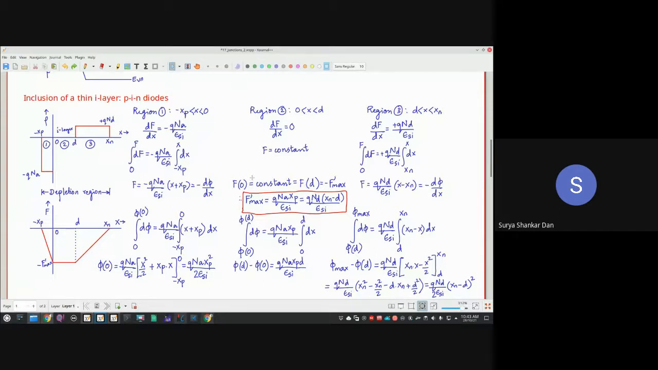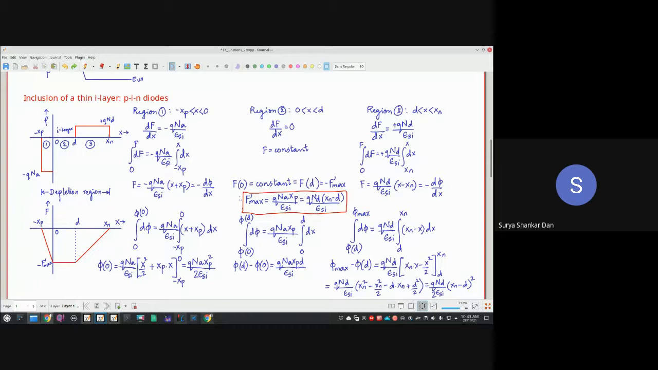Okay? We will again revisit this towards the end of this course when we are doing scaling, and their effects. Okay, so that is done for PIN diodes. So let us now begin with the